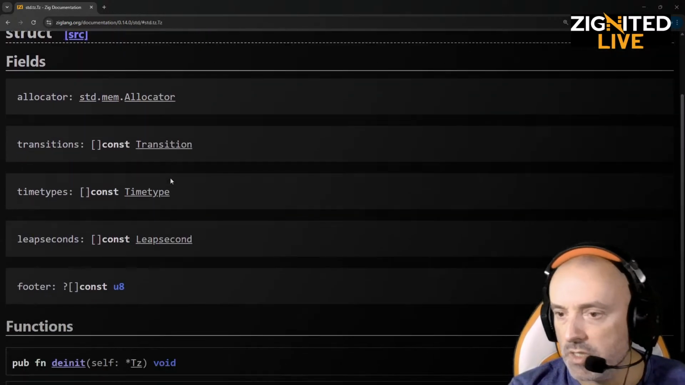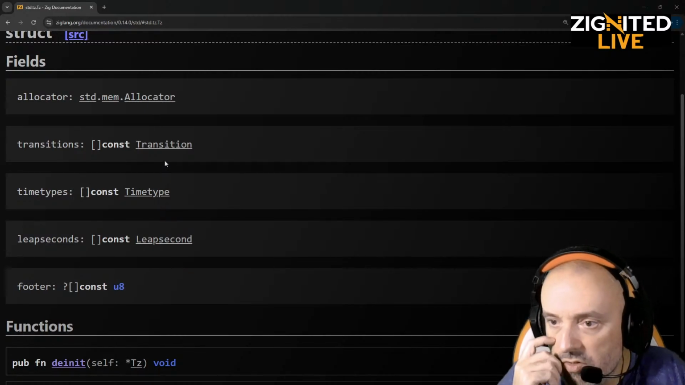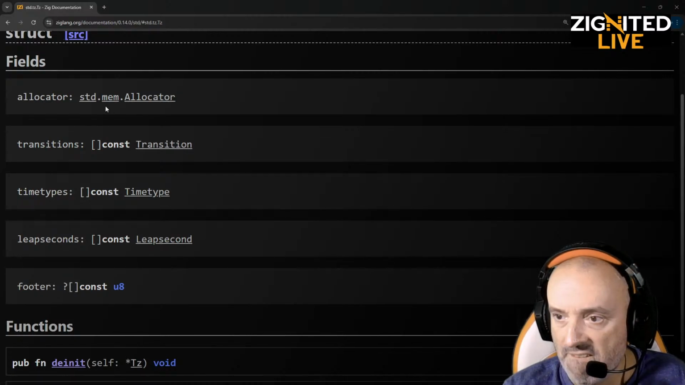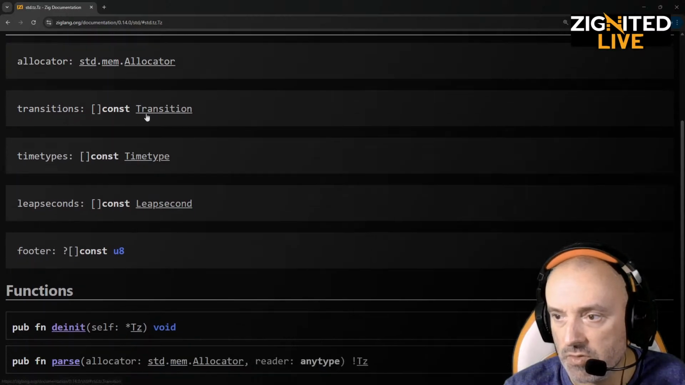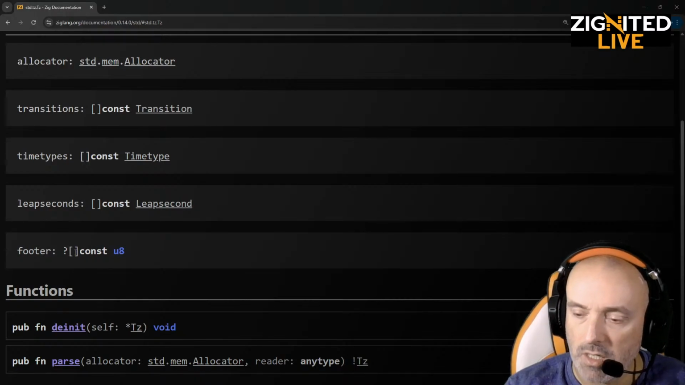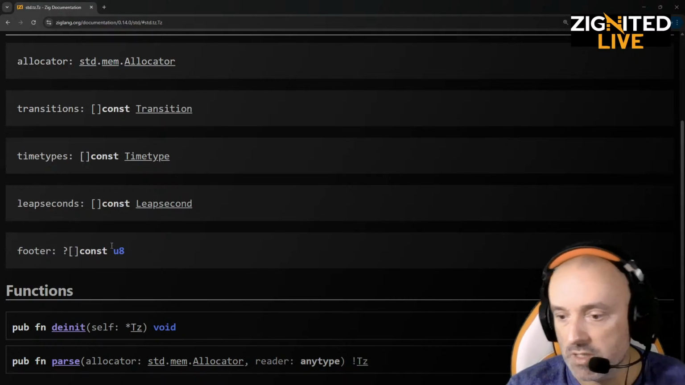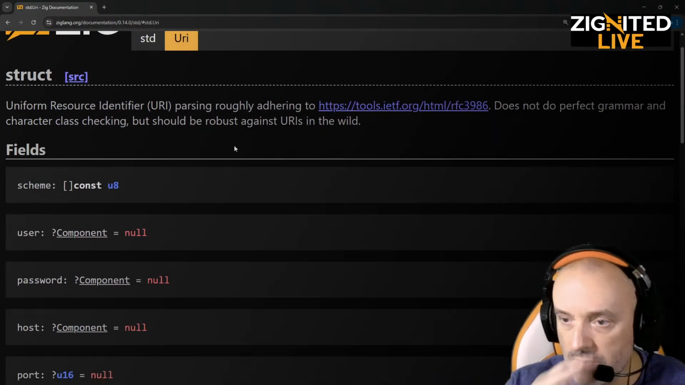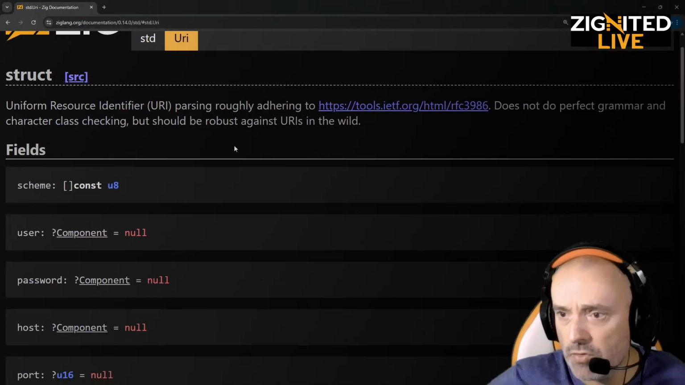So then TZ is a struct, it has 5 fields: allocator, transitions, time types, leap seconds, and footer. And they are of these types: std mem allocator, constant slice of transition, constant slice of time type, constant slice of leap second, and an optional constant slice of U8s. Okay. And then URI, uniform resource identifier,